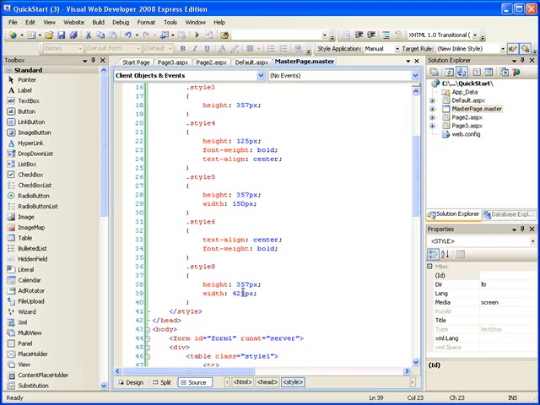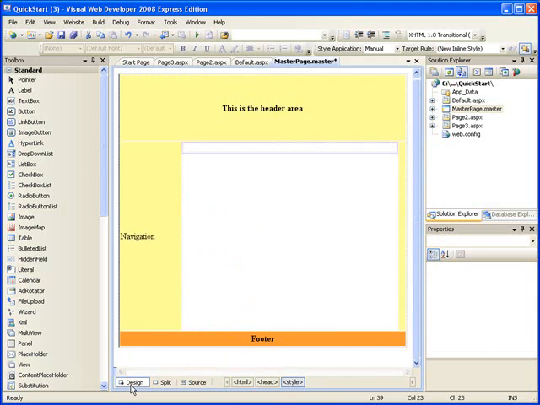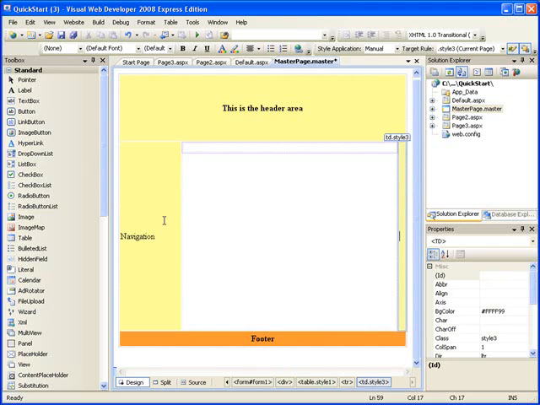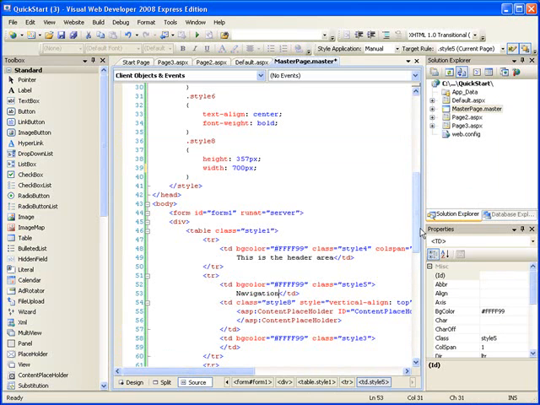So I want to make this 700 pixel width. And if I go back to the design view, this particular area is the style 3, sorry, the style 3. So I want to make that 100 pixel and make this one 100 pixel. So I want to modify style 5 and style 3 to be 100 pixel each. So let me select that, go back to our source, style 3,